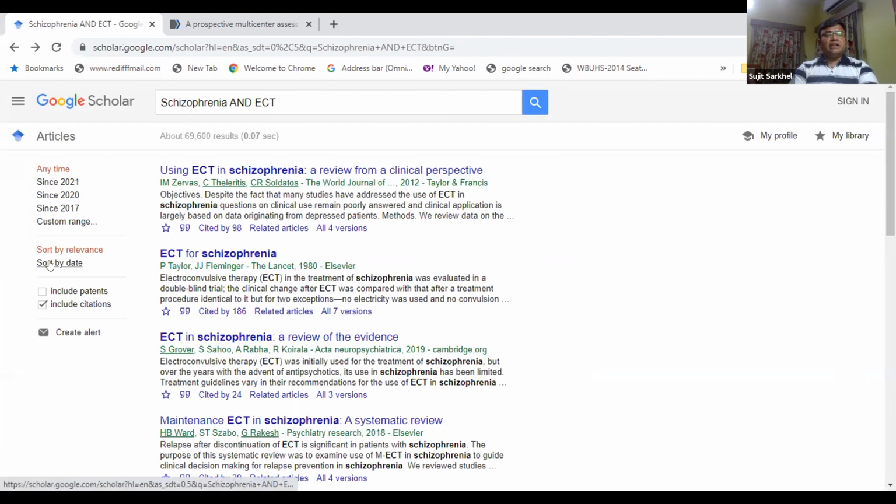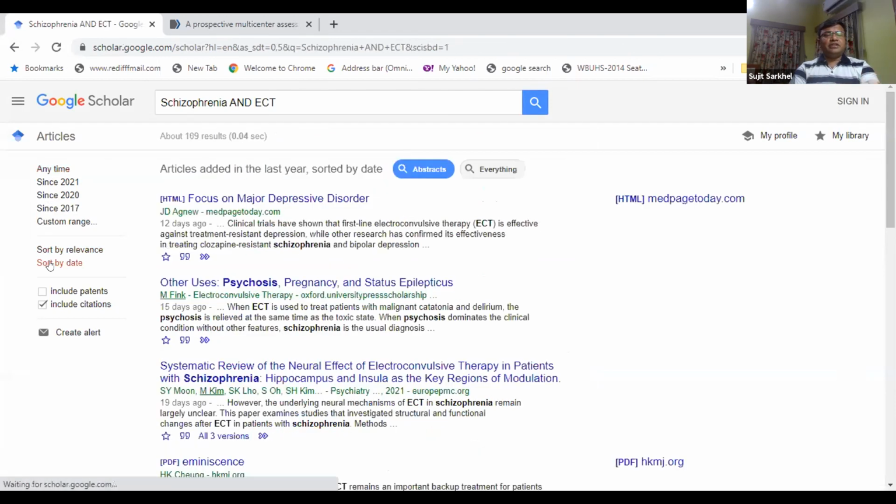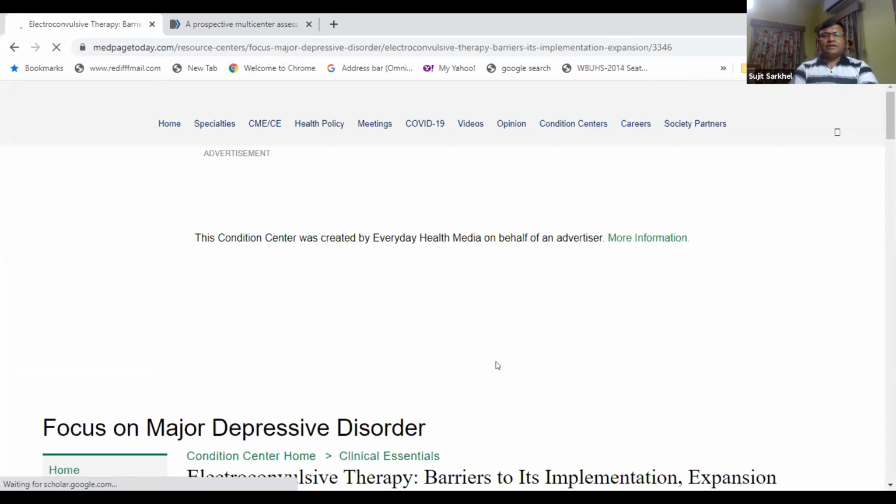So the earliest articles or latest articles come up first, and the articles that were published later come up later. So these are the two major sortings that you can do. Apart from that, you can use Boolean operators. So this is basically the way search is done on Google Scholar. I'll just open one article and I will show you. See.